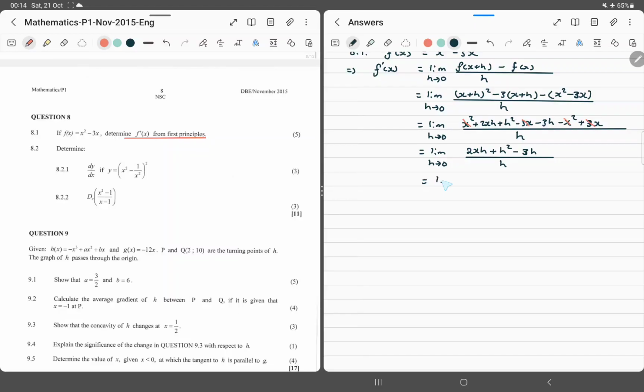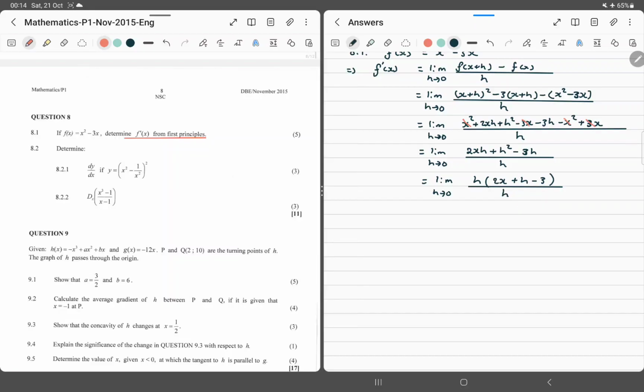Okay, so we still continue with our limit as h tends to 0. Now we do something here. We take out h as the common factor. We remain with 2x plus h minus 3, yes,